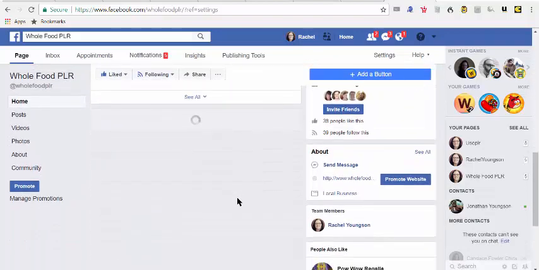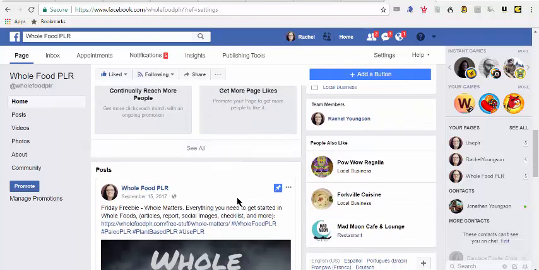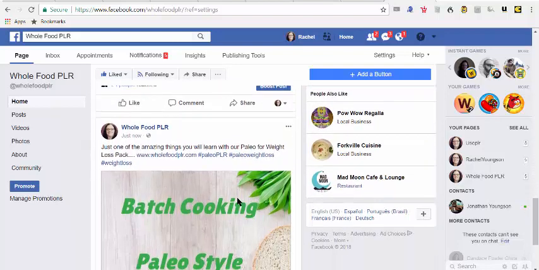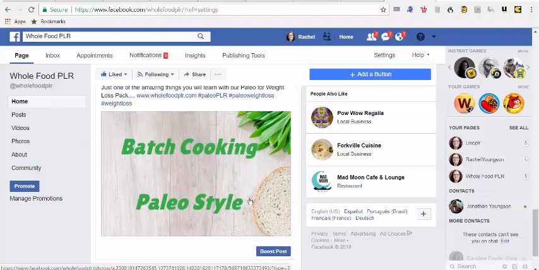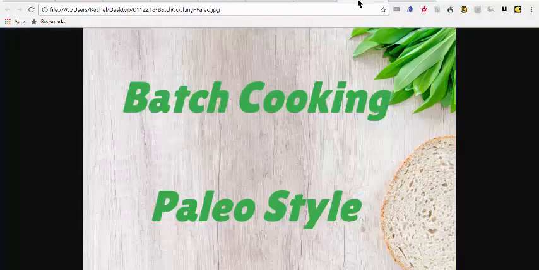If you scroll down, here we are. And as you can see, it is perfectly sized right here. So if you took this to Instagram, it would be sized the same way. Twitter, it would go in there perfectly as well. Now, the next thing that you would do is, oh, before I show you the other way to do this,